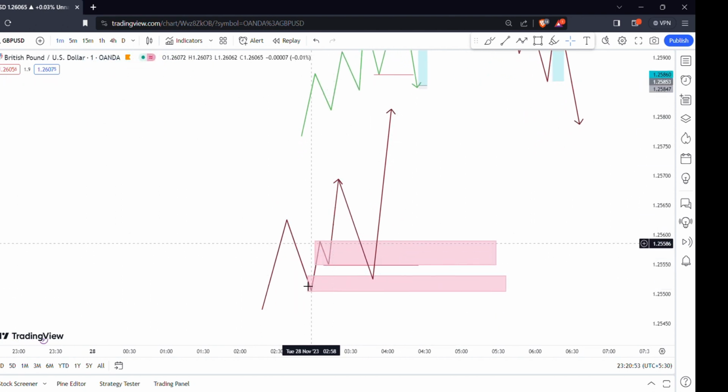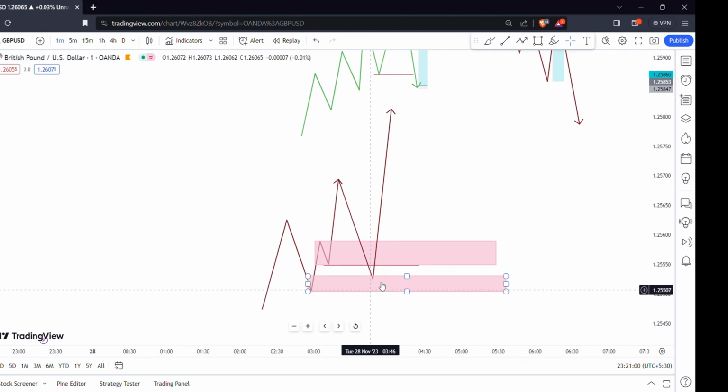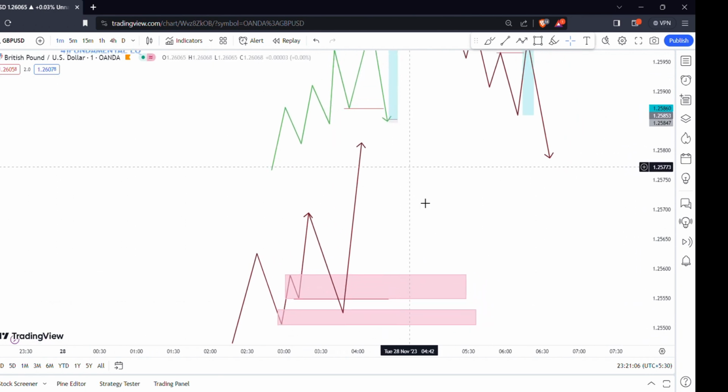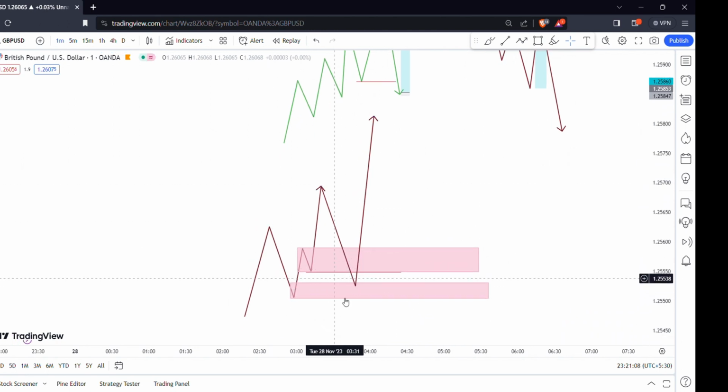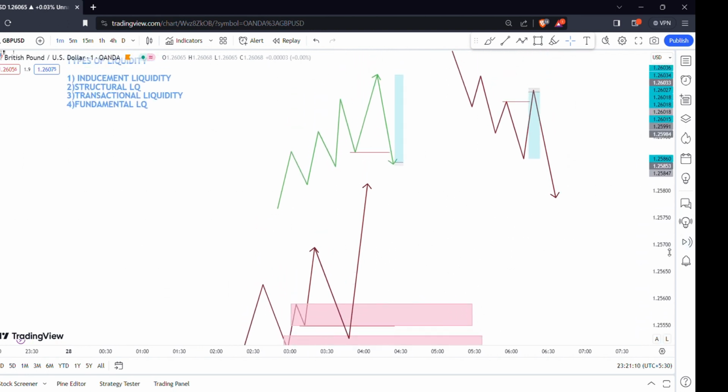So if the market is showing this type of pattern, then there are two chances. The market can induce this liquidity, mitigate and go up, or the market can induce this inducement liquidity and then reverse. There are two types of scenario if this is here. Always, the higher probability scenario is this inducement liquidity. Inducement liquidity is always the much higher probability scenario.